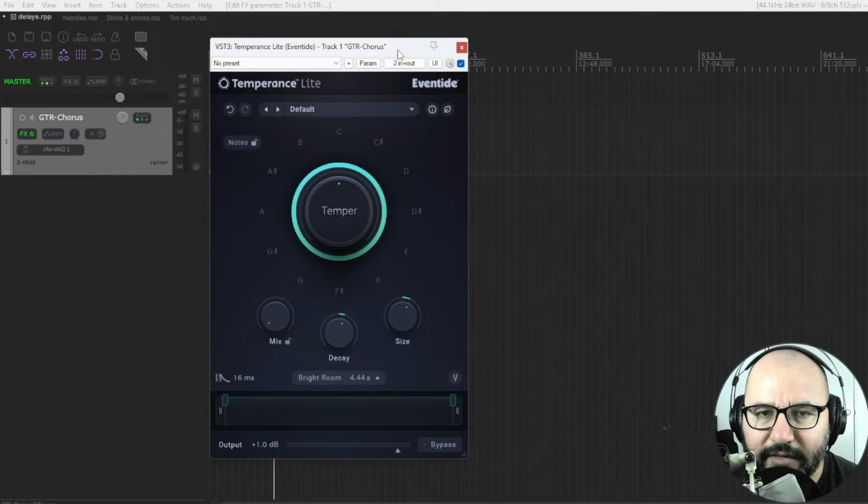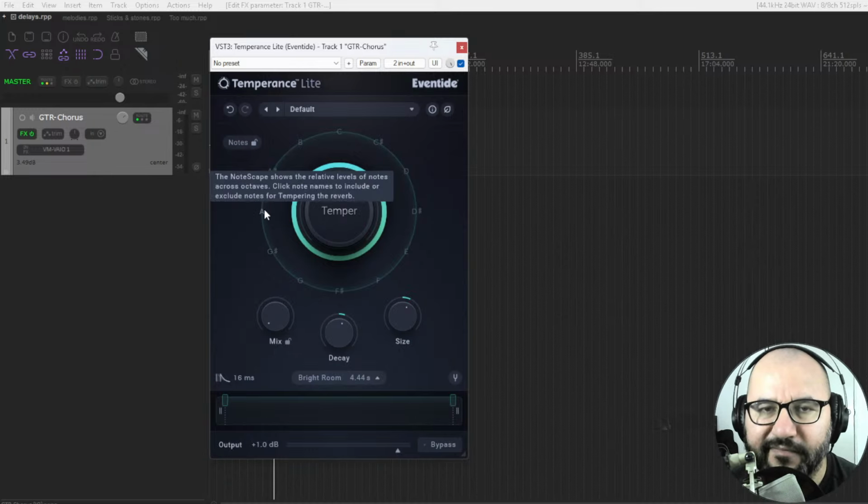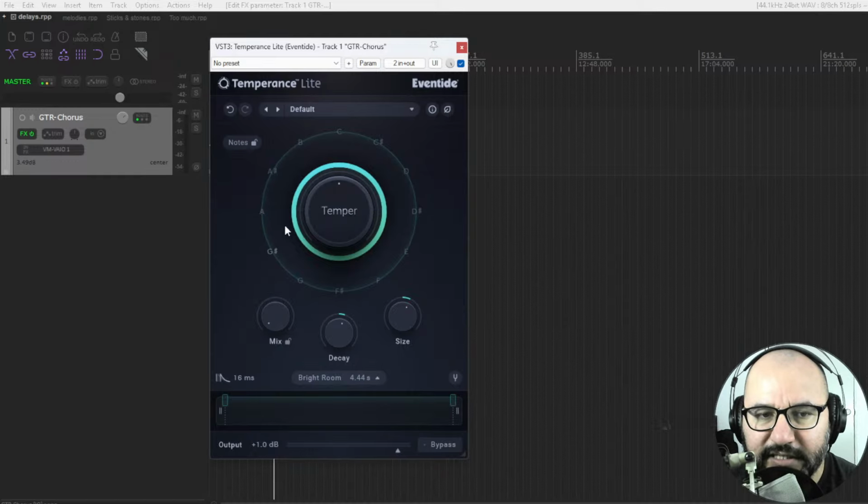It's a beautiful sounding reverb, but instead of being like your typical reverb, it tunes to the key that you select here in this circle, right? So it will give you more or less of whatever notes that you select here in this circle. It really helps if you know the key of the song you're playing, of the instrument that you are playing with, or that you're mixing, right? So for instance, if your instrument is in key A, for instance, C and D,